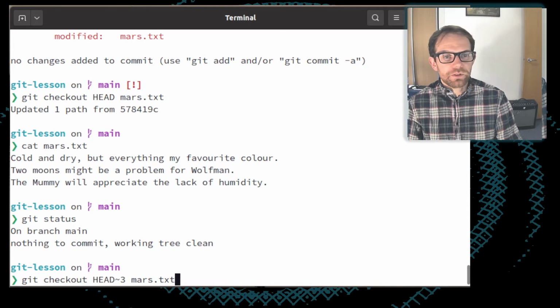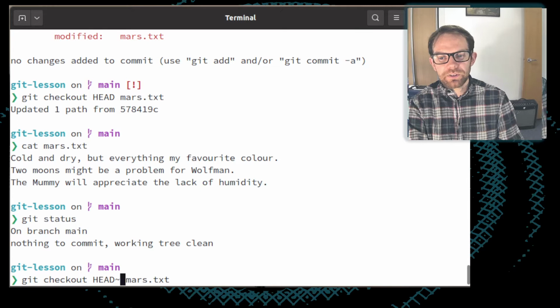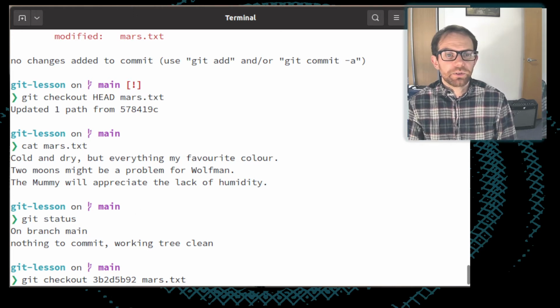And we can keep doing this to pull files around from different locations in the repository. And again, you could also do something like git checkout and then the specific hash for the commit and mars.txt to pull the file from that specific commit by its name.